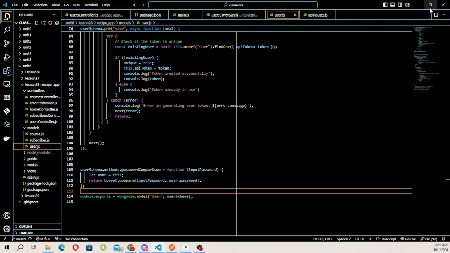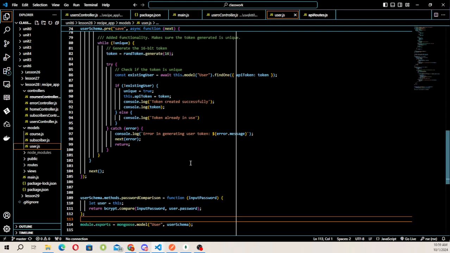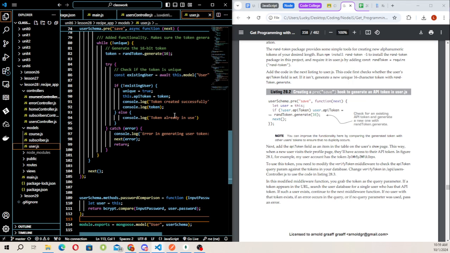If it already exists, we provide an error message saying the token is already in use, and if for some reason there is a failure or an error, we provide an error message to say there was an error in generating the user token,